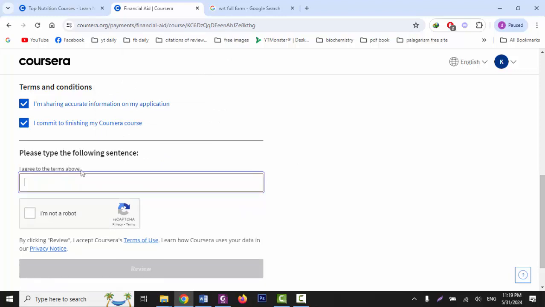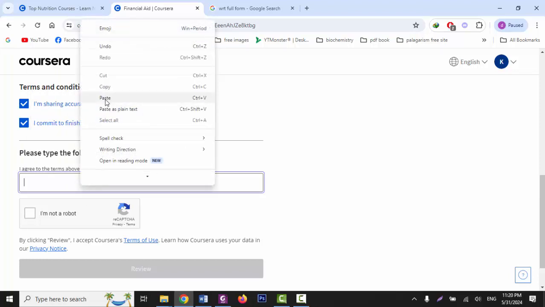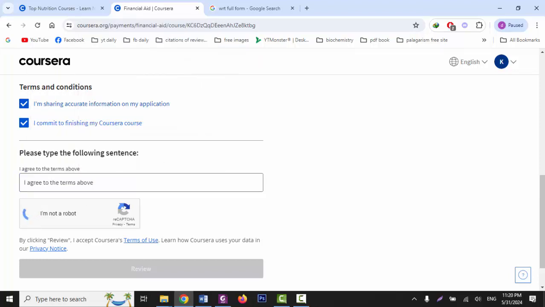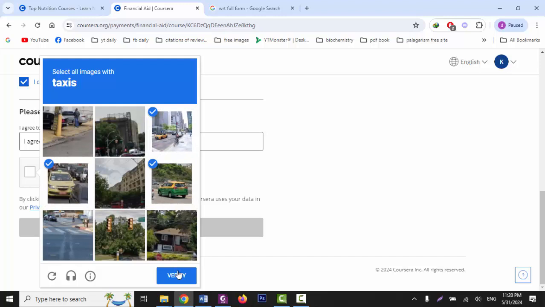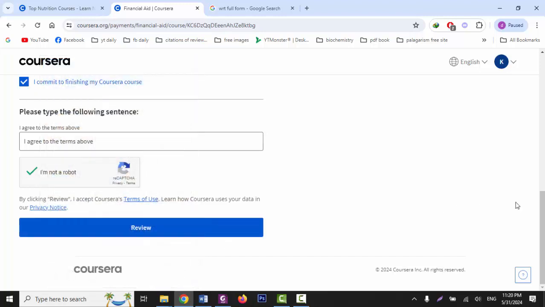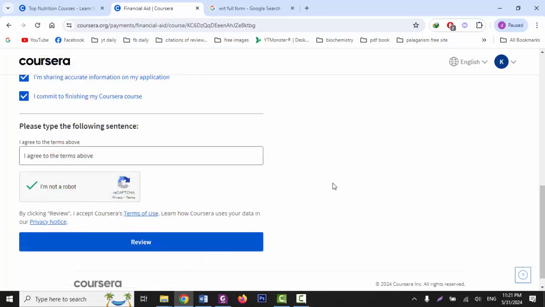You just have to copy this line and paste it in this section. Copy and paste. I am not a robot. Verify. So in this way you can fill your financial aid application.